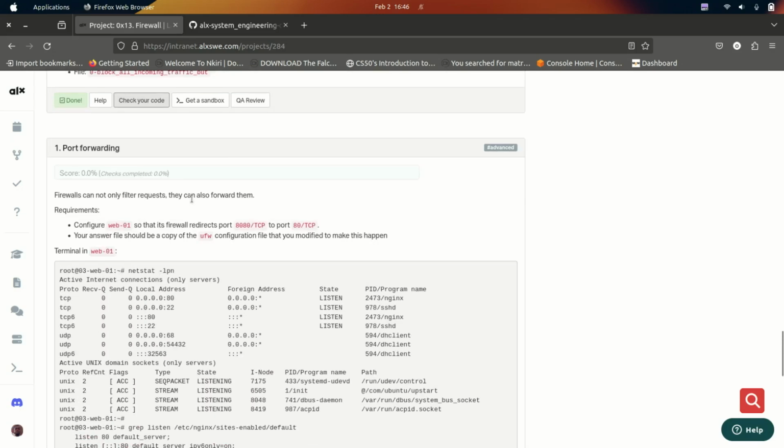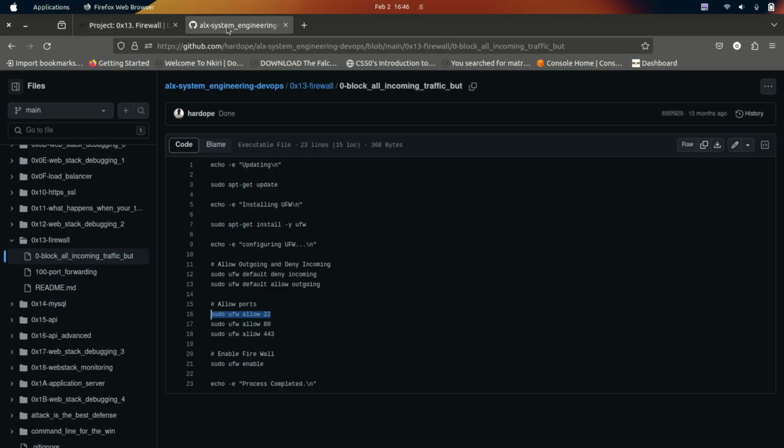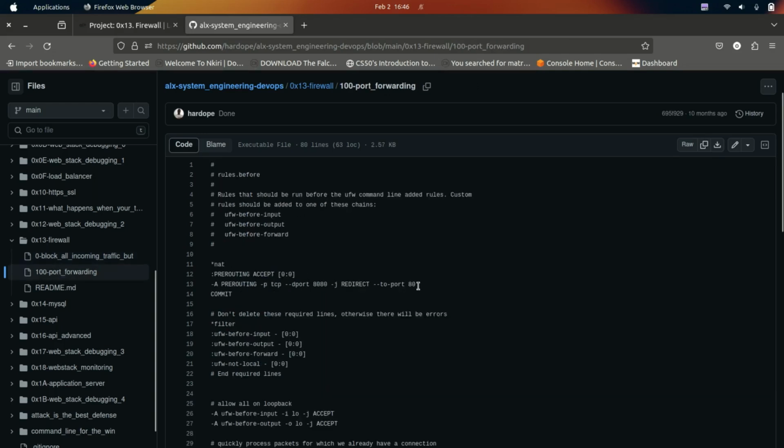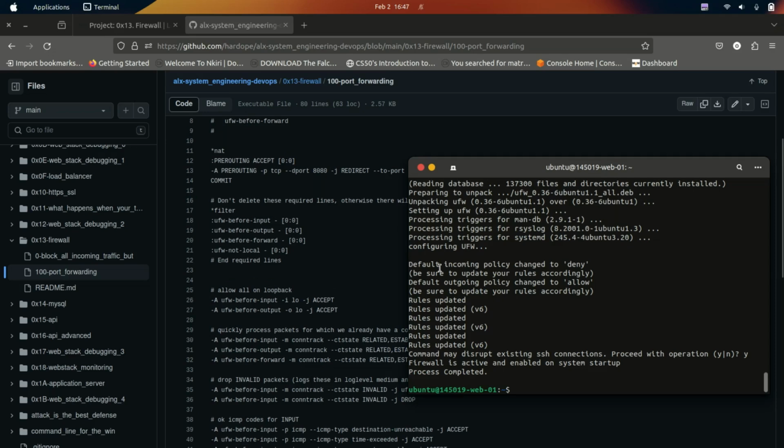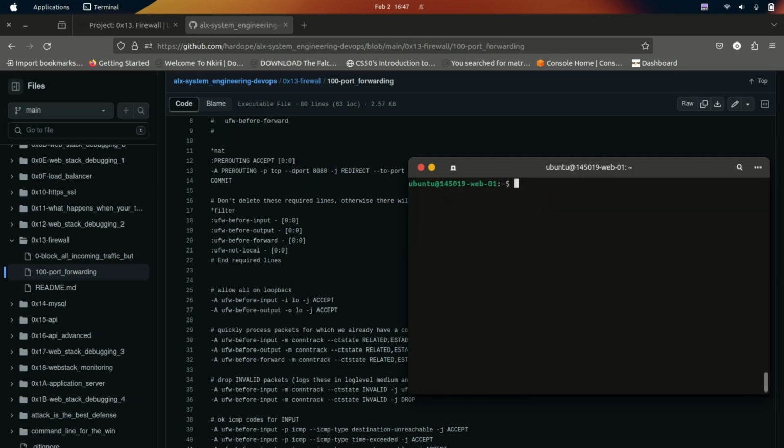This is an advanced task. It's not required by default. To work on the port forwarding, go to the port forwarding file, and then go back into your server. You have to add a few configurations manually inside the configuration file. Use sudo, and if you're using the Vim editor, that's fine, so sudo vim. But in my case, I'm using nano, so sudo nano /etc/ufw